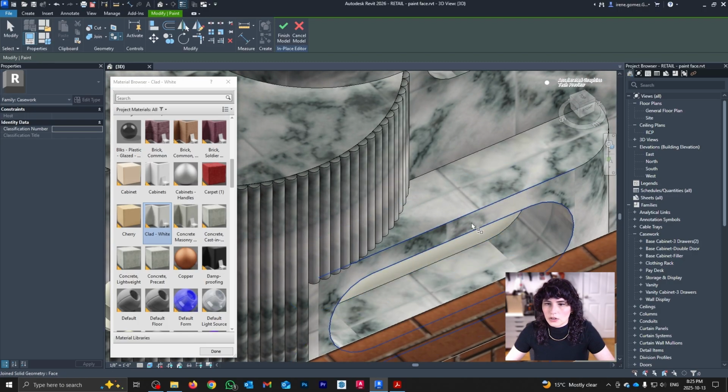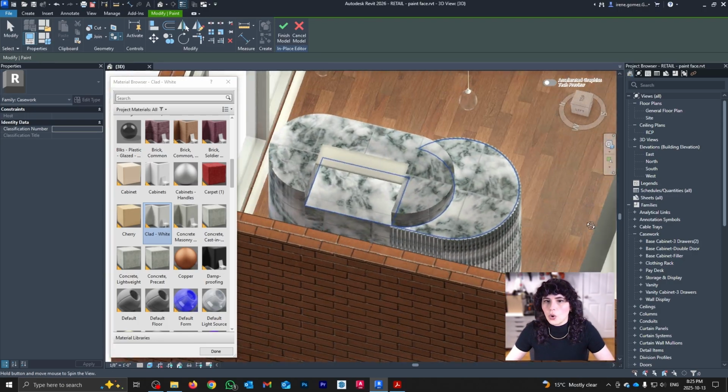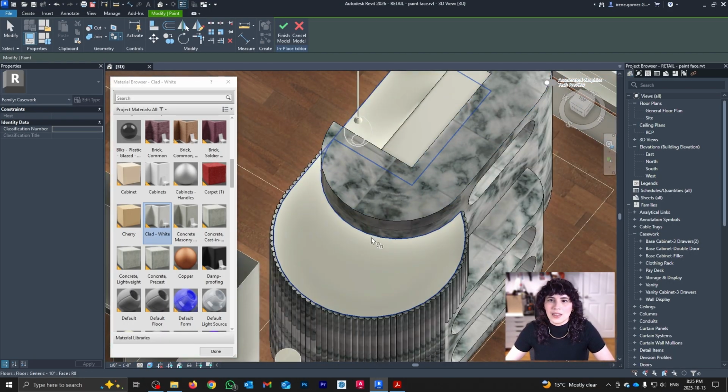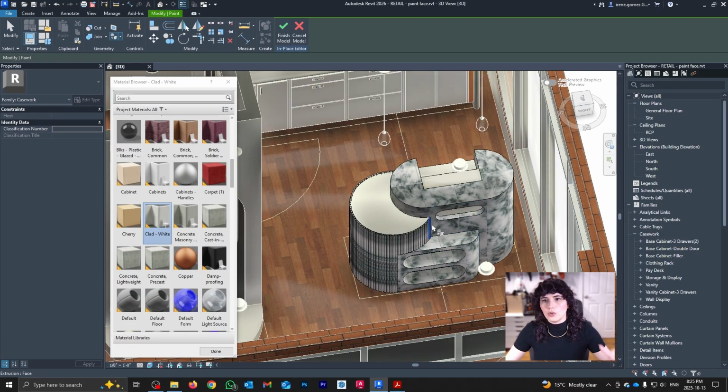Let me see if I can orbit around. There you go. See, I can paint that. Or I can say that I want to paint this surface here or anything else that I want. So families and model in place components, you have to go into edit mode. You have to be able to select the geometry elements that make it if you want to use the paint